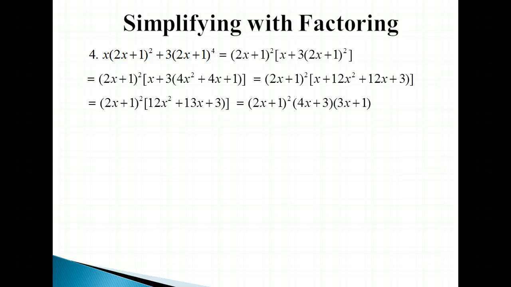Now that happened to be factorable. So factor in any way that you feel most comfortable with, but you can always check your work. So you have 4x times 3x, which gives us 12x squared. The outer gives me 4x, and the inner gives me 9x, which gives me 13x, and the last gives me 3. Always check and see that these trinomials that you may be left with are factorable or not. So you want to continue factoring as much as you